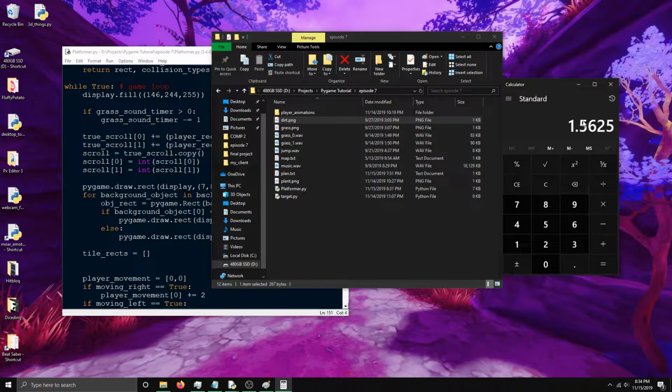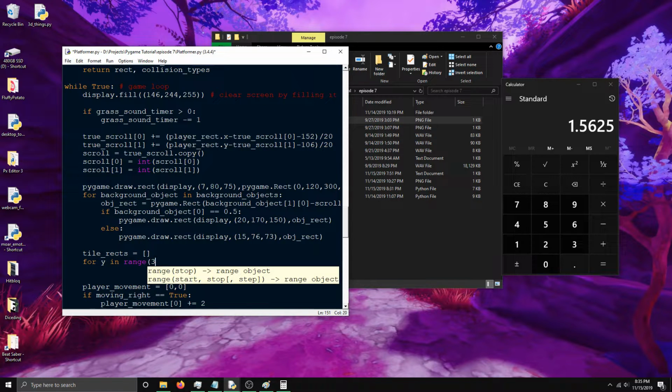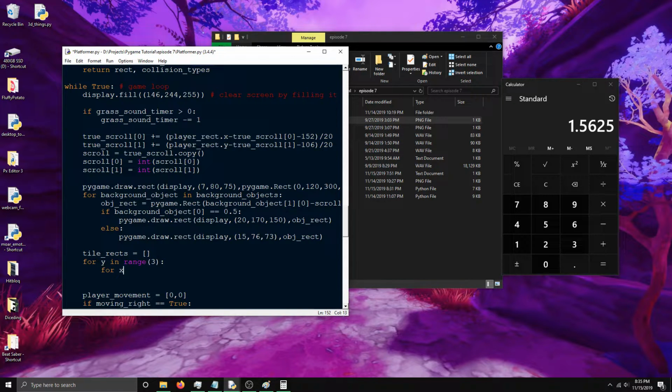Because we've got 1.5 chunks visible on the y-axis for this project, you round up to 2, and then you add another 1. I'll show you what happens if you don't add 1 here. So let's just go with 3 and 2 chunks for now, and I'll show you what happens if you don't add that extra chunk. So for y in range 2, and for x in range 3,